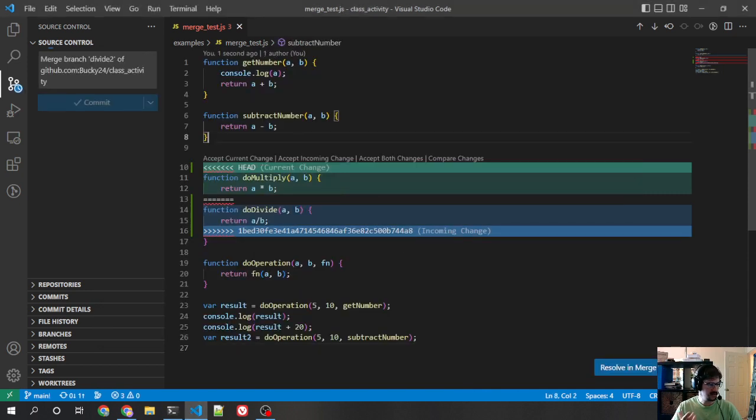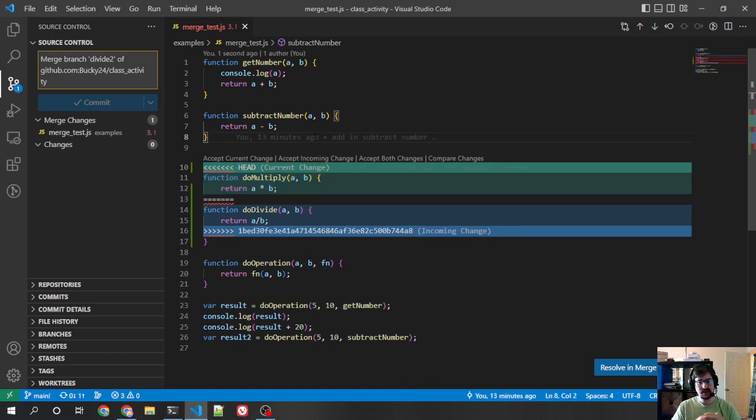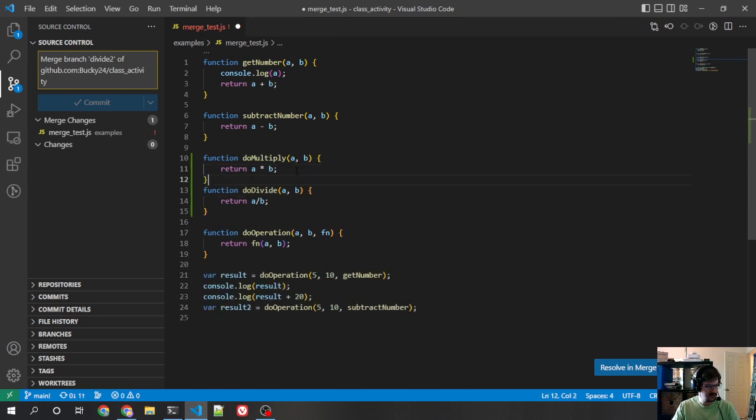Now we get a conflict. Now, why do we get a conflict? Because the same lines were changed, and Git isn't smart enough to know that these functions can both work together. So you can see it actually looks at this line. It says, oh, that end bracket of both functions, both of them have the same thing, but here's where there's a problem. So now if I accept both changes, I can do that, but now I've got to do